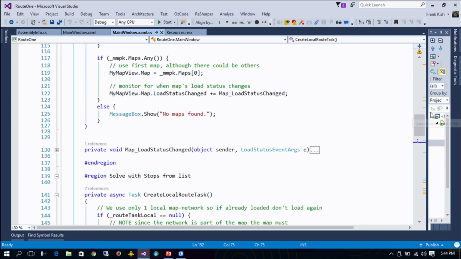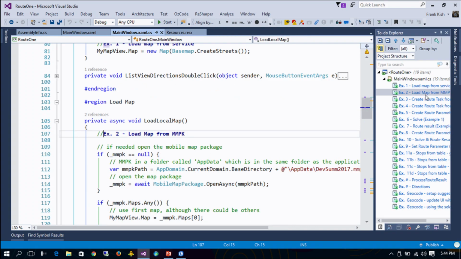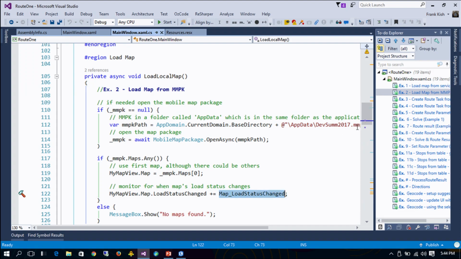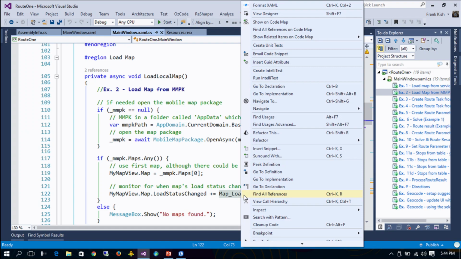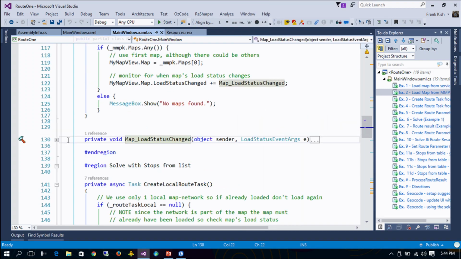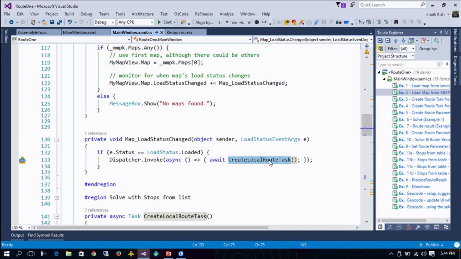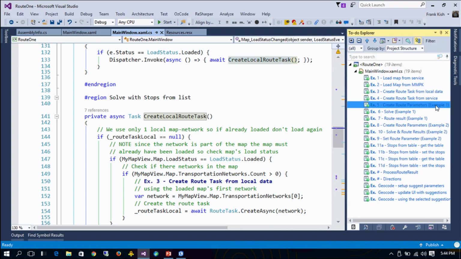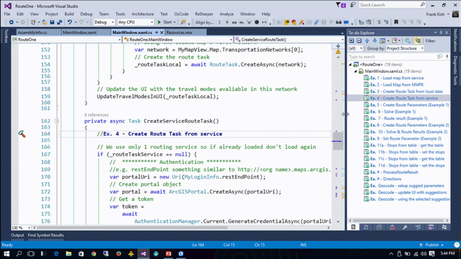So if we go back to the very beginning where I was loading this, I also set the map load status. In here, I also create the mobile map package, or I create the local route task when I initially load this map. So we have to make sure the map is loaded when we're creating this task if we're using local data. Oh, wait, sorry. If we're creating it from a service,